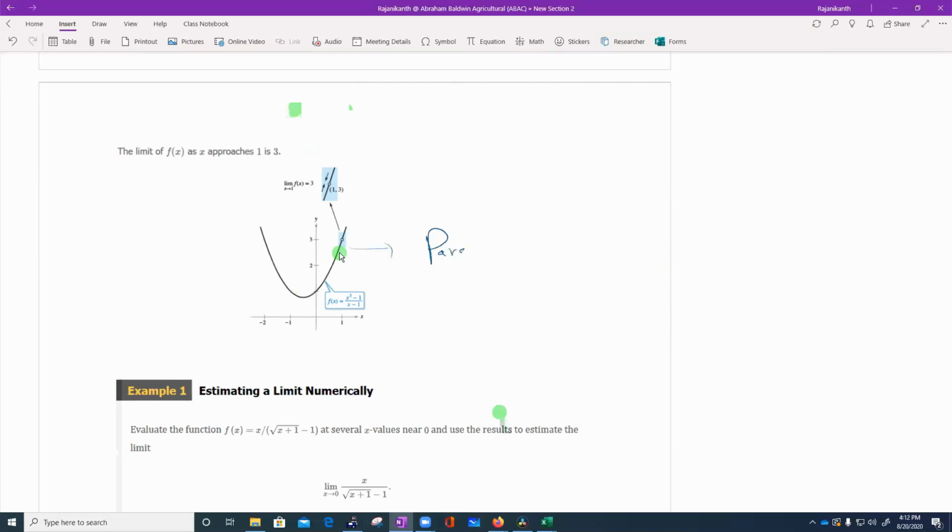It looks like a parabola. But there's a problem here. You see, there's a hole on this graph. Okay. So if you see somewhere like this, the hole on the function or graph, that means what? At this point, the function value is not known, undefined. So if you see one hole on the graph, that means the function value here, we don't know